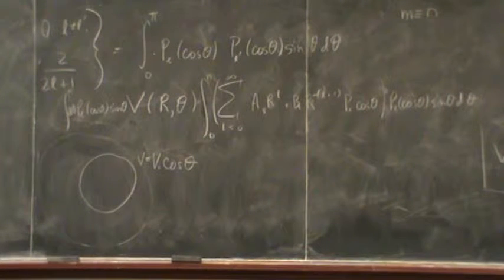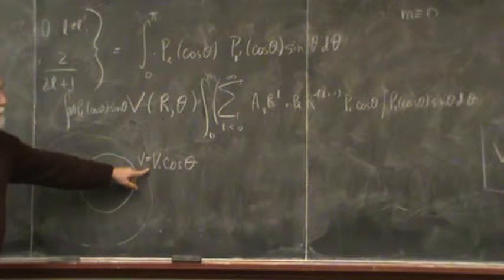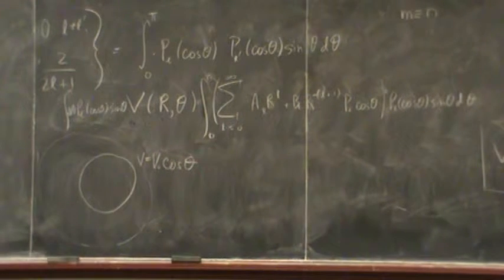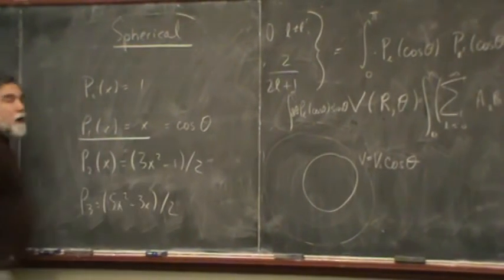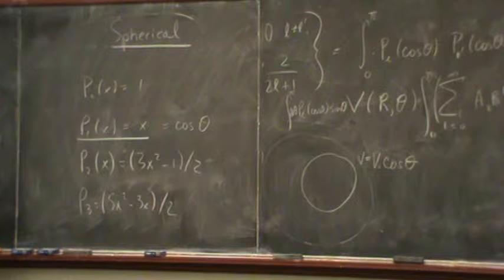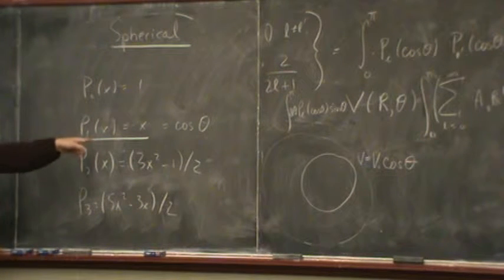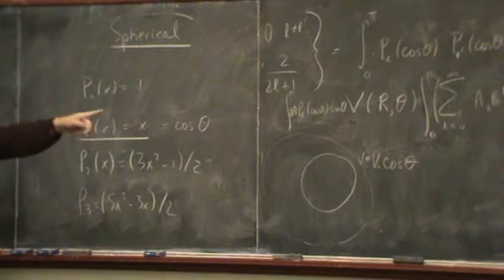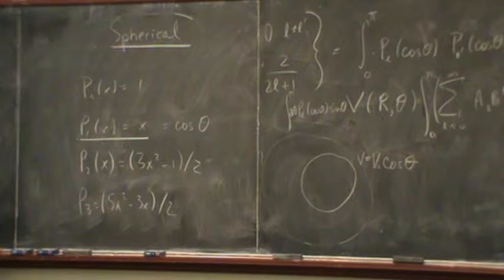I would recognize that this situation corresponds to P1. It is a Legendre polynomial, one of these solutions. That solution is orthogonal to all of the others. So when I go over there and search for a solution, the only ones that are going to survive